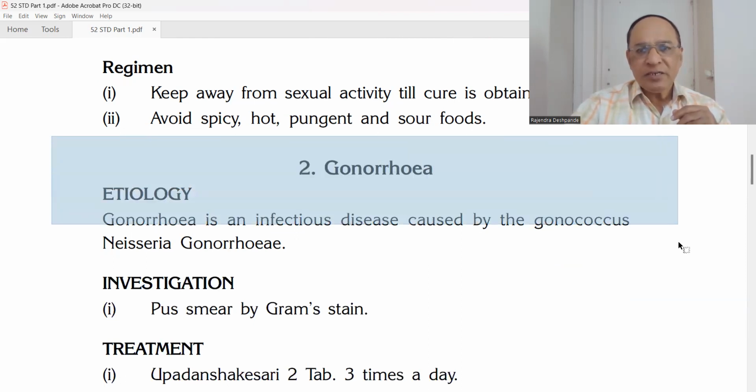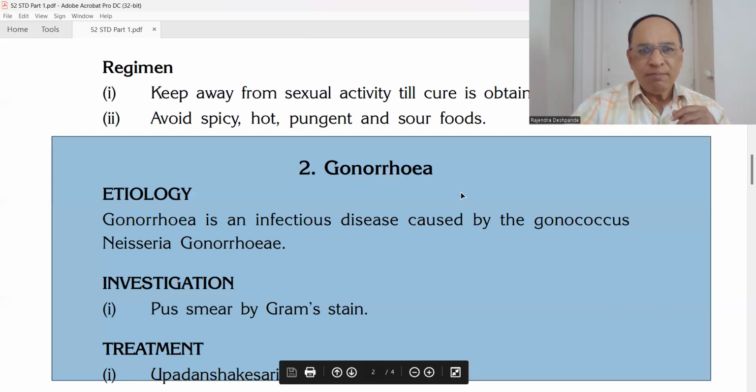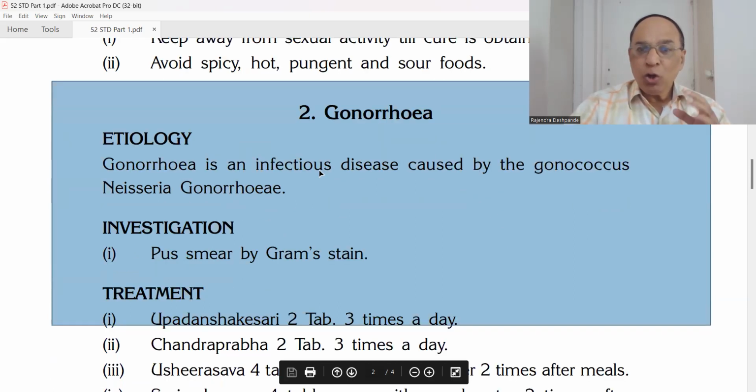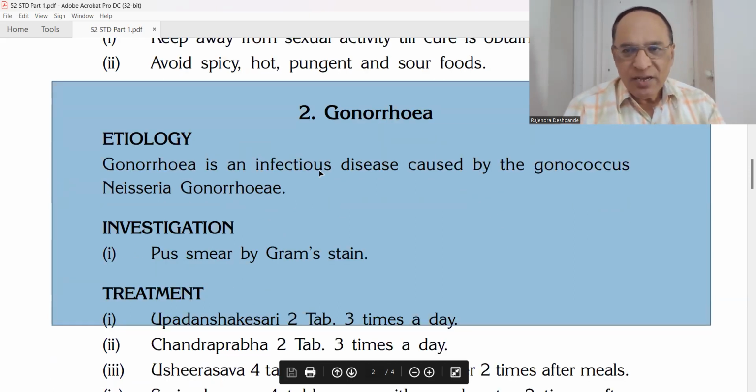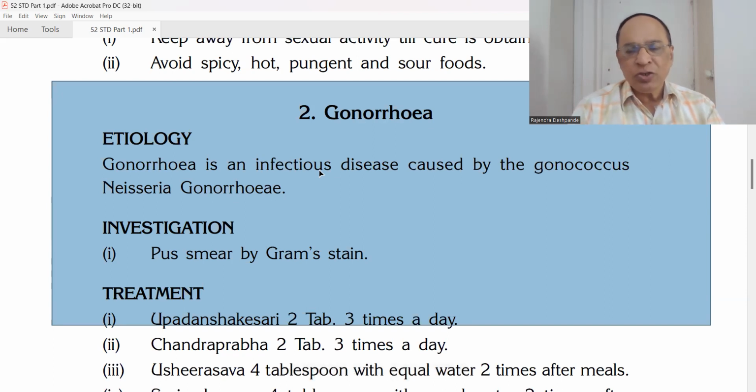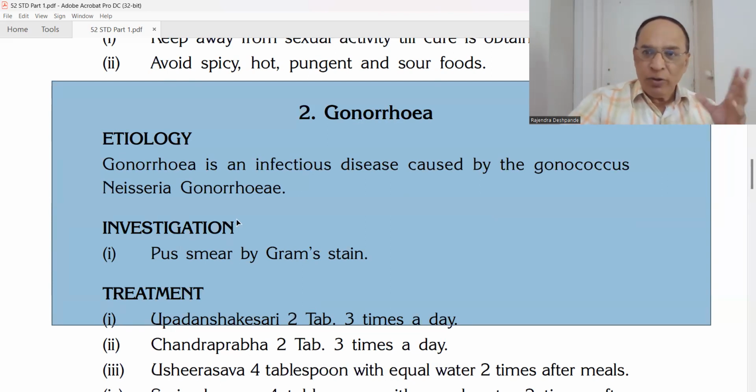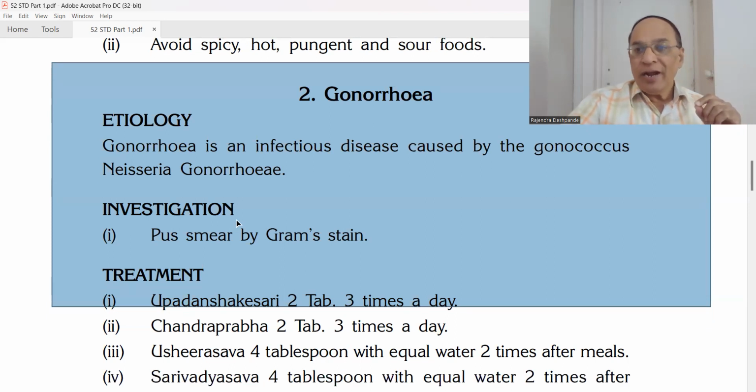Now we will discuss another disease, for example, gonorrhea. Gonorrhea is also a STD, venereal disease, after visiting the prostitutes or the infected girlfriend. Infectious disease caused by the gonococcus, Neisseria gonorrhoeae. What can you do? VDRL you can do, but at the same time, you can take the pus smear for the gram stain. That means in the male, he will complain after 3, 4, 5 days that I am